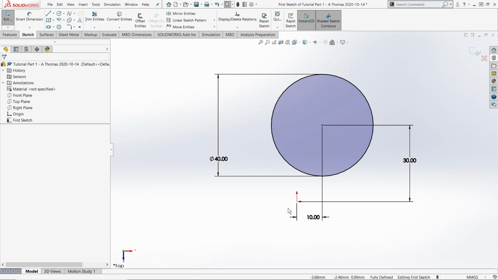Because I gave it the center point, an X and a Y position, and I gave the circle a diameter, it's fully defined. So whenever you make a sketch, you want to make sure that it's fully defined, so there's no minus sign. Everything's in black, because one, you can't physically make something unless you give the person all the dimensions that are required, and two,